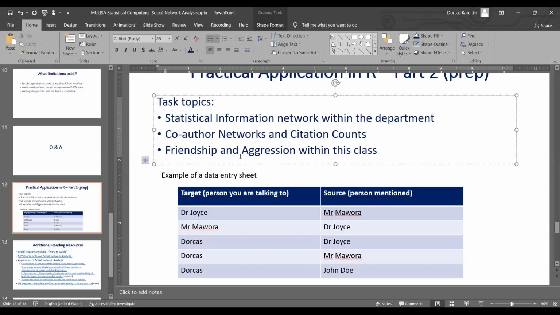There is a last question. Between R and Python, which one would you recommend? I would say both. It depends on what you're comfortable with. I don't like limiting people, so whichever you're comfortable with. I personally find R easier to work with. So for everybody else, I will definitely upload it.